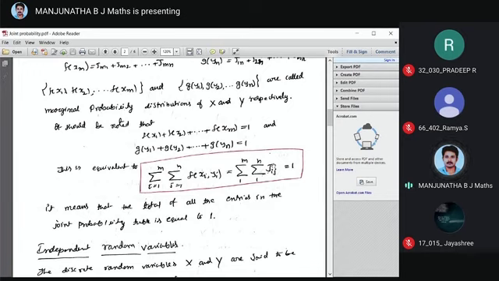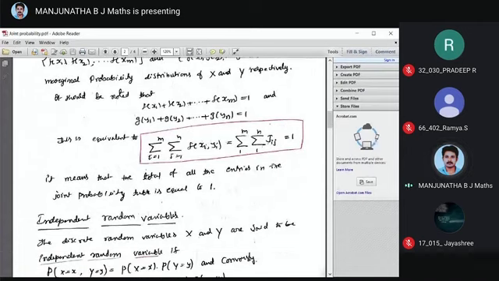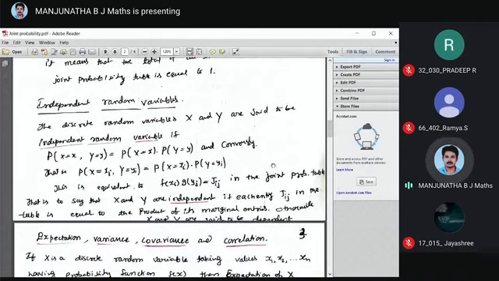You take the summation of f of xi, the summation of g of yj, that is equal to 1. See, I just go through the definitions. These are all definitions only. Definitions for discrete random variables, definitions for continuous random variables. We have already studied, if you have only one random variable, what are the formulas in discrete probability? Mean, standard deviation, covariance, etc. Similarly, we have to derive all those things, right?